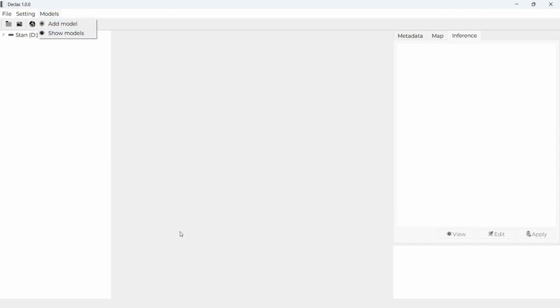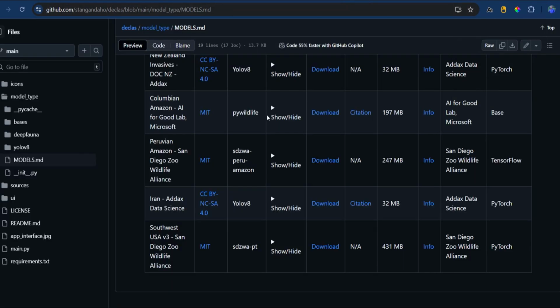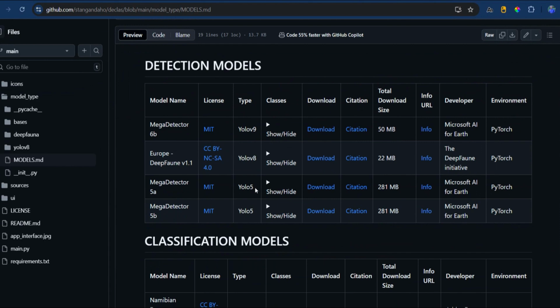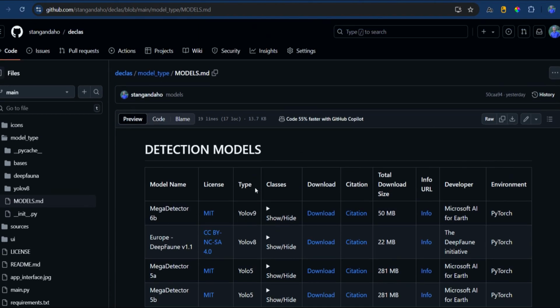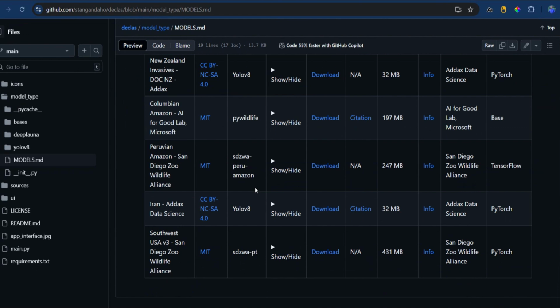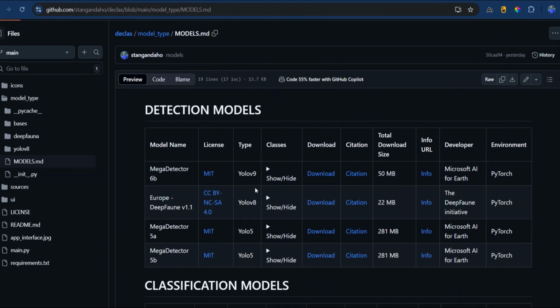To do that, I already have some models available. Let me come here. For example, here you can see there are a lot of models available for detection and for classification. First, we use one or two of these models for detection and also try some of the available models for classification.